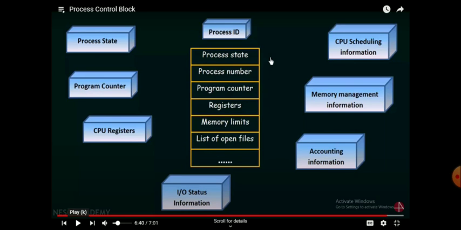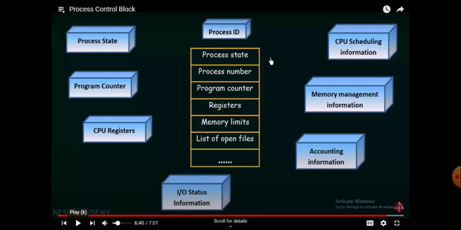Each and every file, each and every job is a single process. We can rename them as process 1, process 2, process 3. N number of processes we are creating and executing in the CPU. Each and every process will have a process control block.